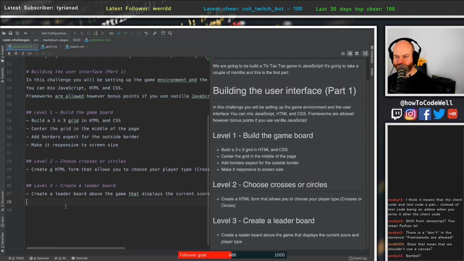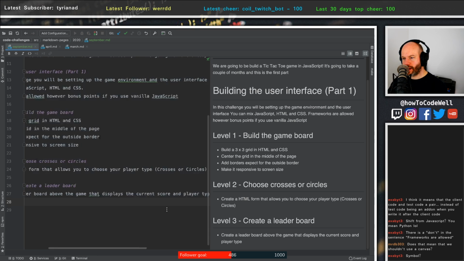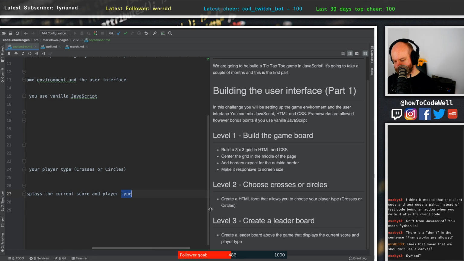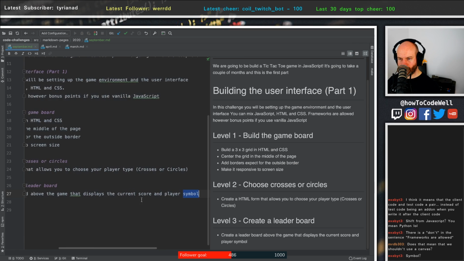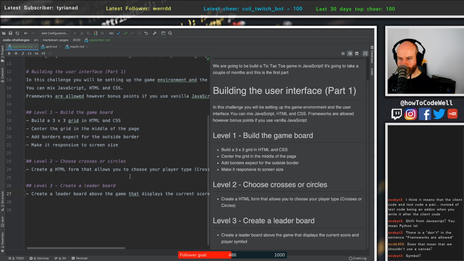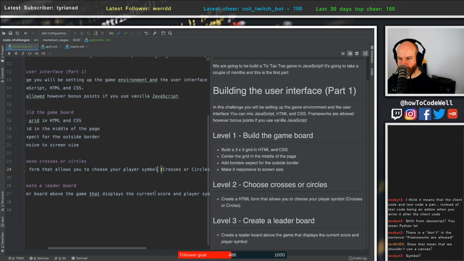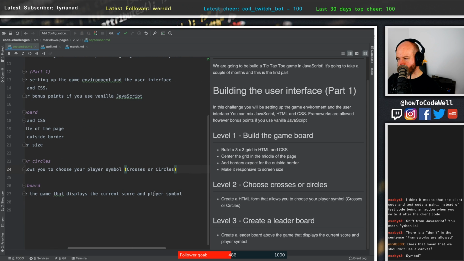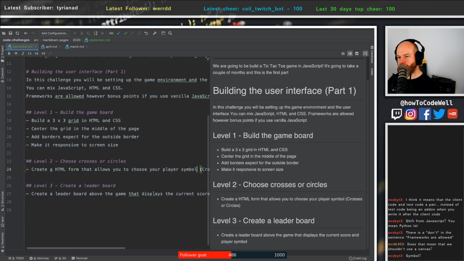Cool. Symbol, player symbol. Yes, that's clever. Good shout. Does that mean that we shouldn't use a canvas? Yes. I had to think about that. Yes. Don't use a canvas. Well,